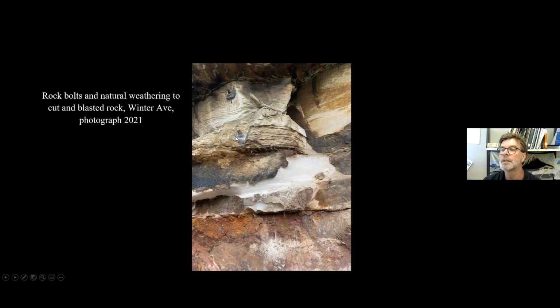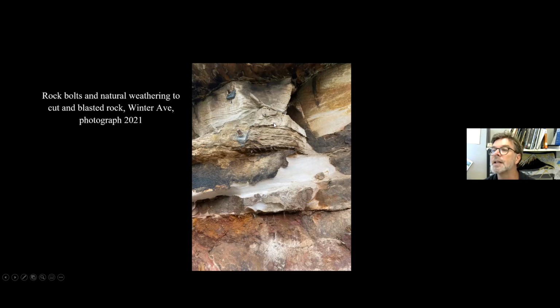Whenever you see these devices, they're called rock bolts. And that was a mechanism trialed in Australia for the first time in the Snowy Mountains scheme in the 1950s. So you can pretty well date it there to reinforce otherwise unstable rock faces. So possibly an engineer decided that there was a fissure happening here and they needed to stabilize it. Doesn't necessarily mean that there's been a rockfall or anything like that at all, but it's stabilizing it. But that gives you a clue that this escarpment has been artificially created.